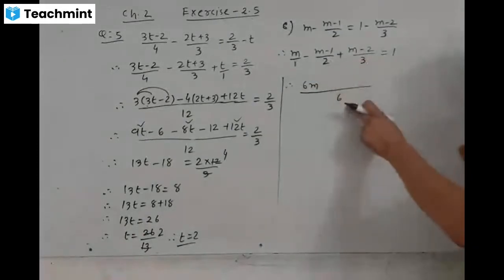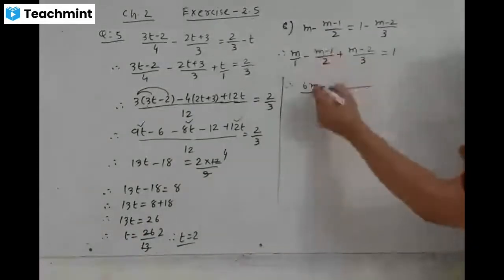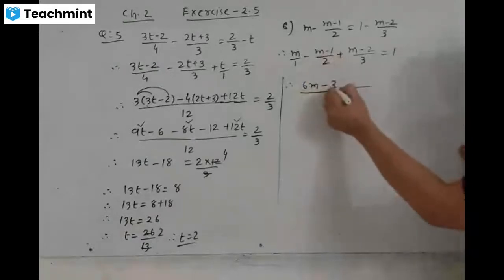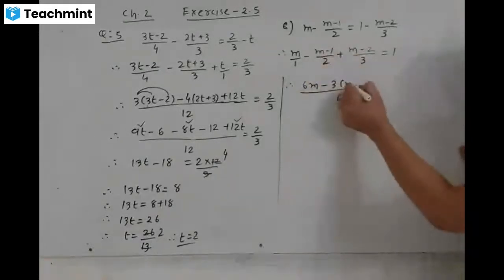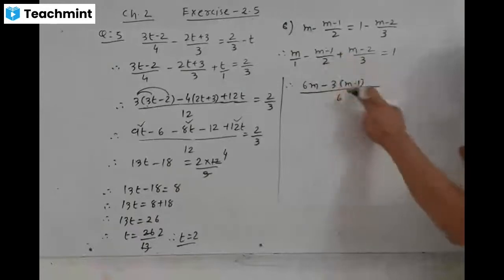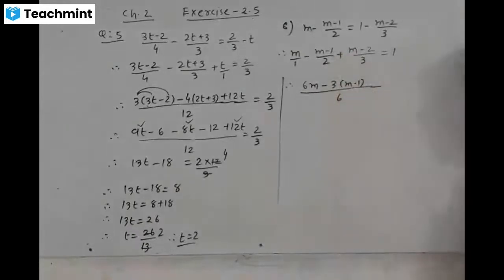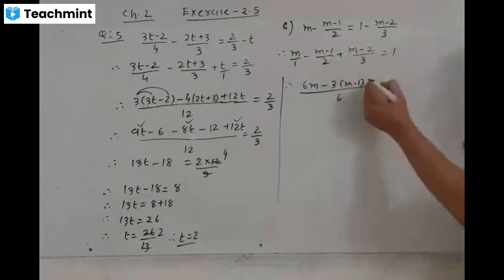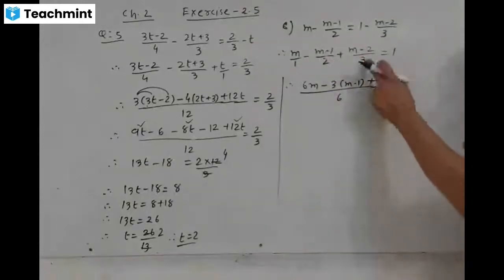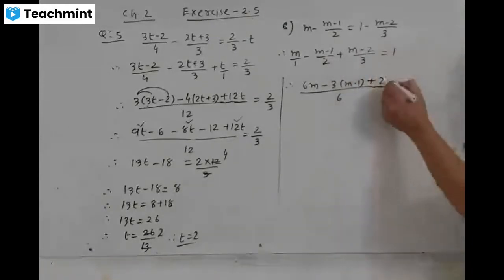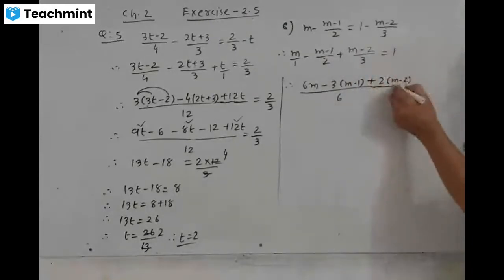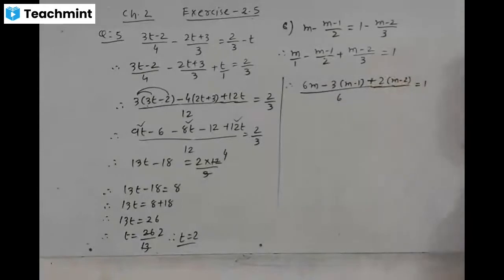2 को किससे मल्टीप्लाई करेंगे? 6 आएगा. 3. तो 3 माइनस की साइन, माइनस 3 into bracket m minus 1. If more than one term, then convert into bracket. एक से ज्यादा टर्म हो तो ब्रैकेट में लिखना. प्लस का प्लस. Which number do we multiply with? That is 6. 2. 2 multiplies with m minus 2, and that is equal to 1.